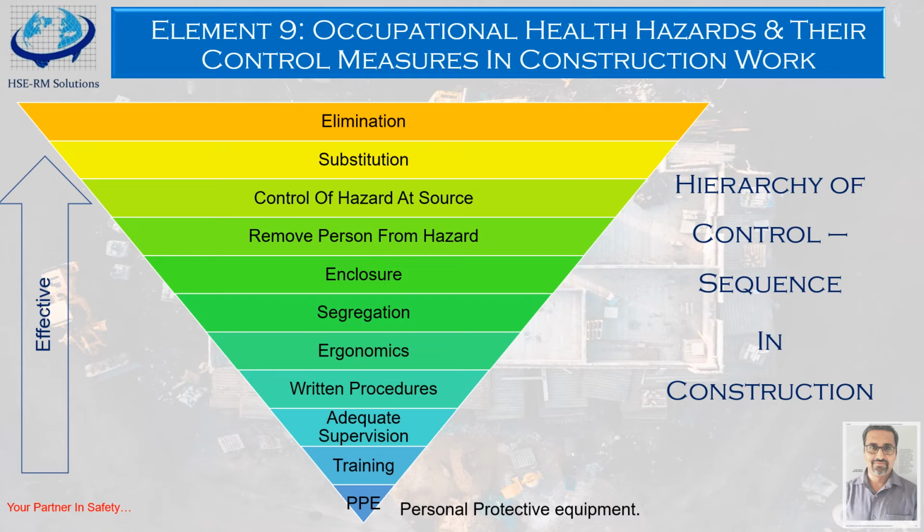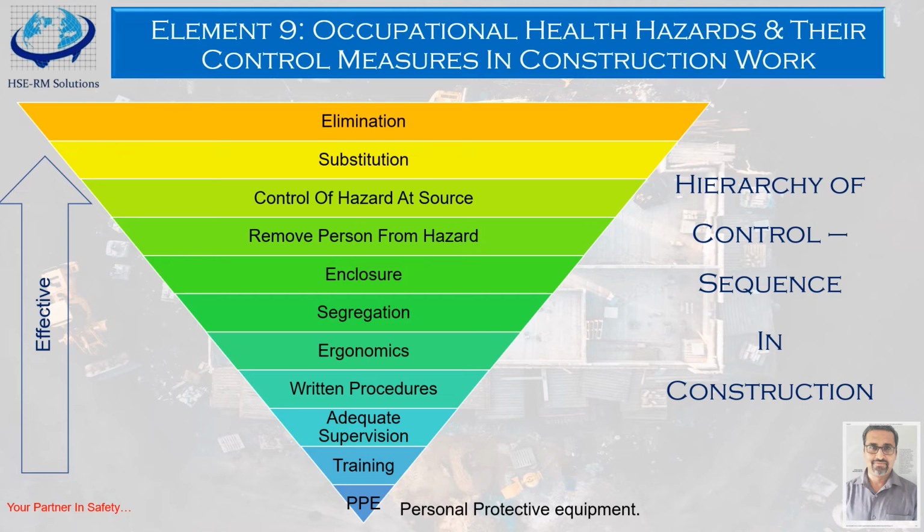Can you get this done through equipment or machines only? Can we have the person in an enclosure or something like that? So is that possible? So you can do that. Then comes, on a construction site there are so many things lying here and there haphazardly. So if we segregate them properly, we will be able to eliminate or effectively handle the hazards.